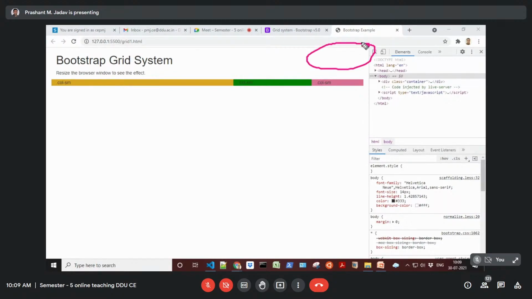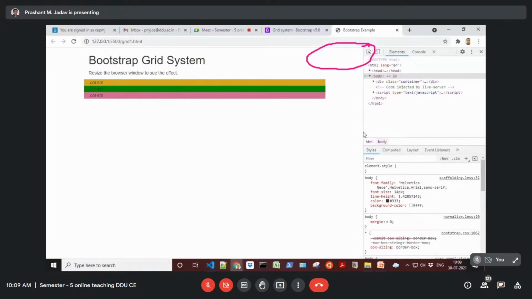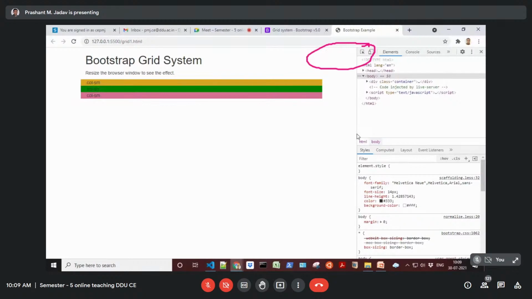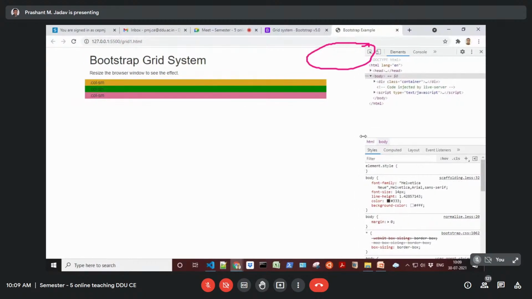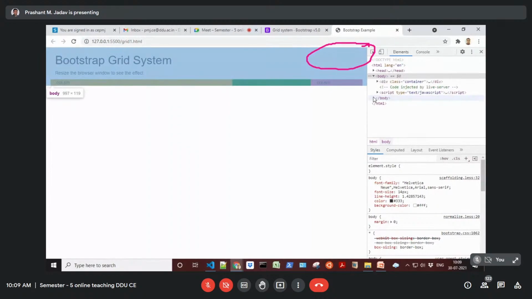You will see the pixel, this width and height. So as soon as it crosses this 992, the layout changes. So that's how we make it responsive.